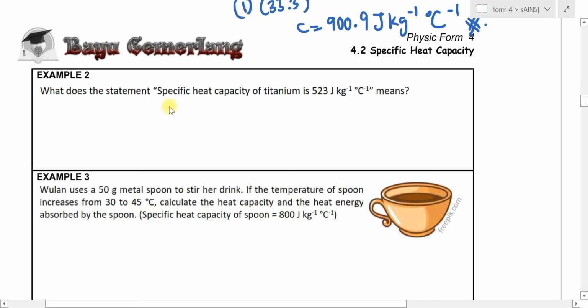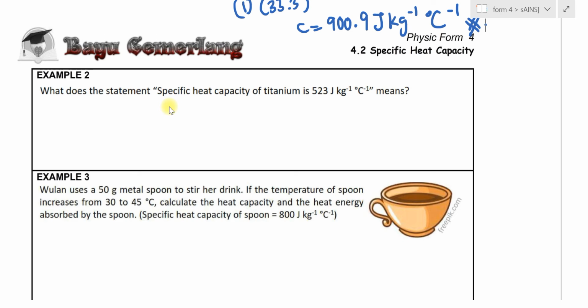Untuk example 2. What does the statement specific heat capacity of titanium is 523 joule kg negative 1 degree Celsius negative 1 mean? Okay, nak jawab question ni. Macam mana? 523 joule kg negative 1 degree Celsius negative 1 is needed to raise the temperature of 1 kg of titanium